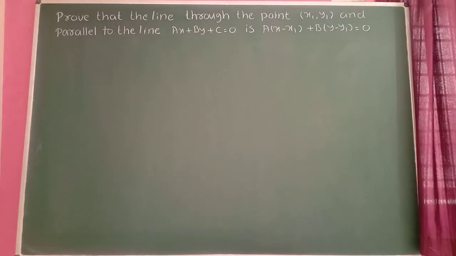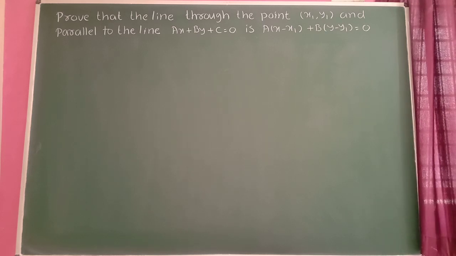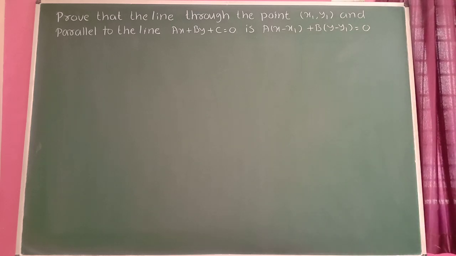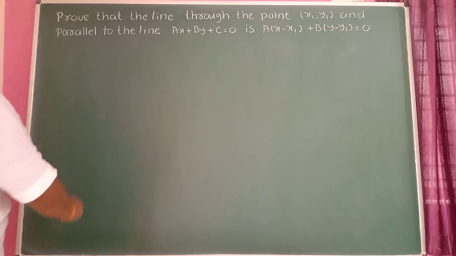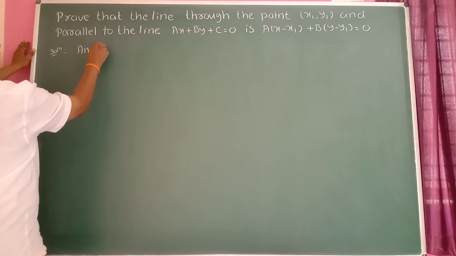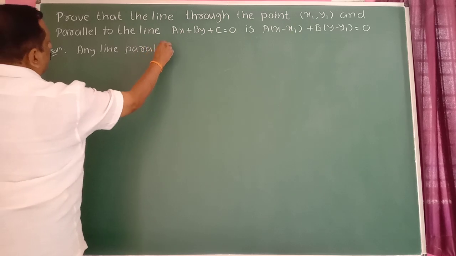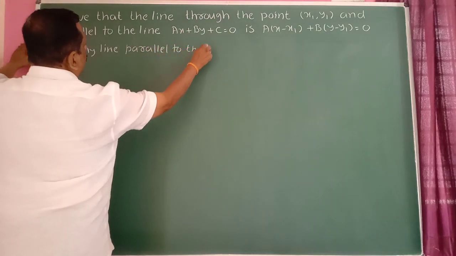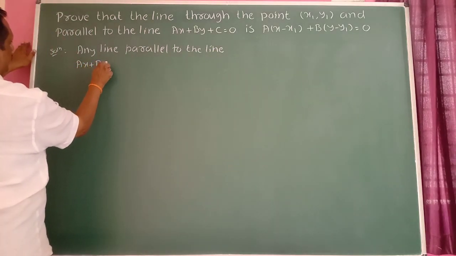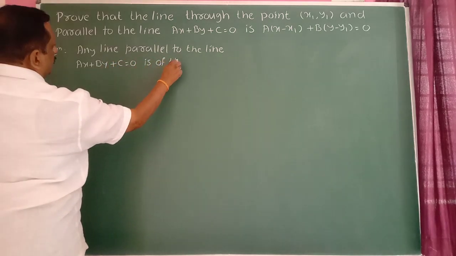So prove that the line through the point x1, y1 and parallel to the line ax plus by plus c equal to 0 is a into x minus x1 plus b into y minus y1 equal to 0. So you know that any line parallel to the line ax plus b into y plus c is equal to 0 is of the form